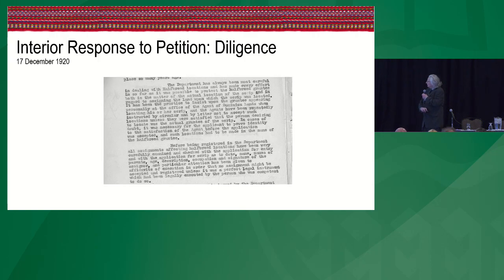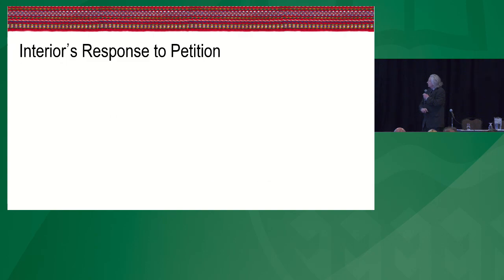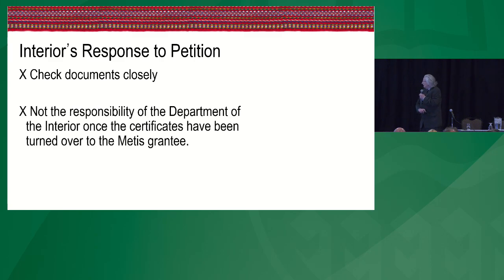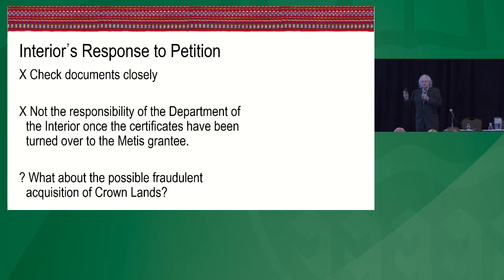Okay? They respond and they basically say that they're diligent, right? They check the documents closely. And it's not for us. And there's actually, they're covering up the fraud of a public asset, homestead lands, that were being fraudulently obtained. They're covering that up. And they're writing back to the Métis, which is in fact a lie, because everyone knows, to quote Leonard Cohen, everybody knows, that it's fraud. High up, Justice Department.